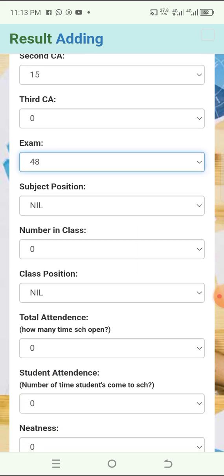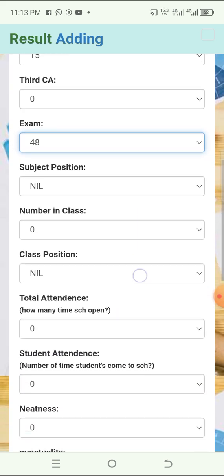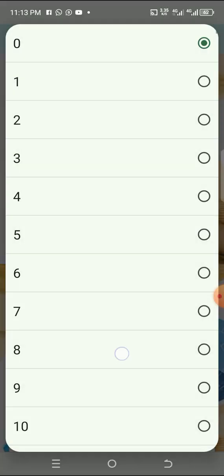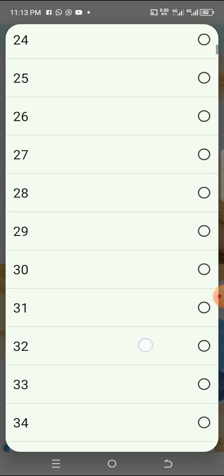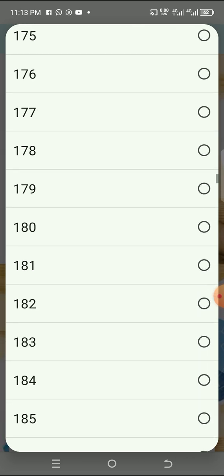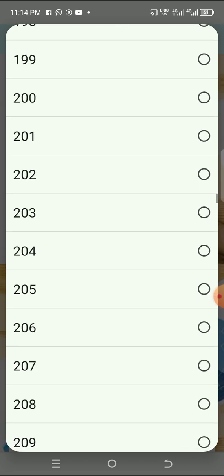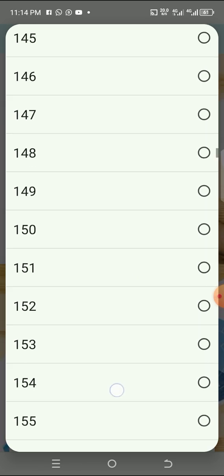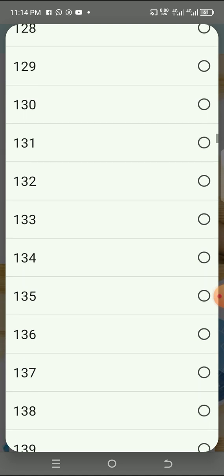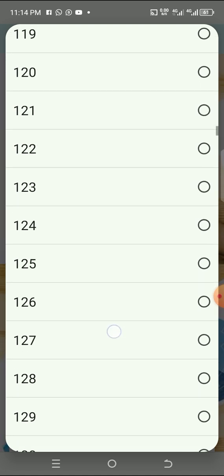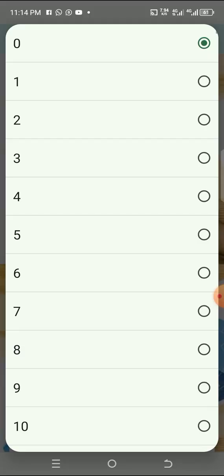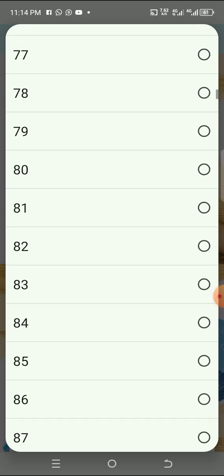Now all this one, let's fill this side now. Let's say the attendance. The total time school opened, sorry, let's say 120 times. Now the attendance for the student: how many times did the student attend school?